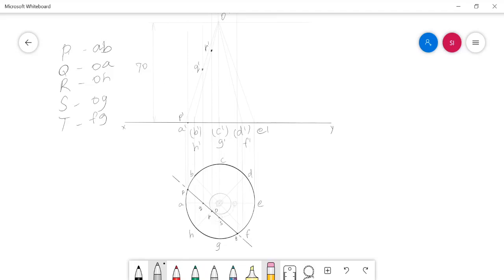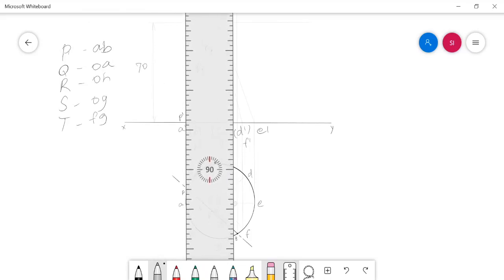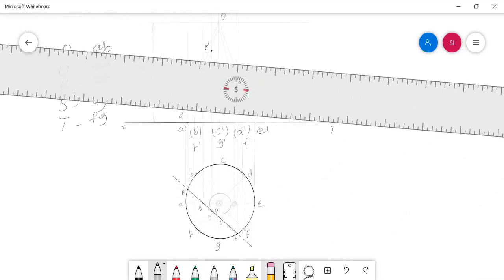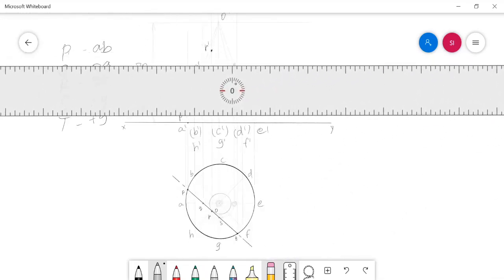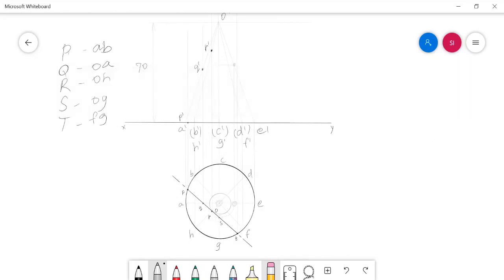So here I am marking a point, and from that draw a line towards the front view and drop the point on the same slant generator, that is O dash E dash. After marking this, draw a horizontal towards the generator OG where we need to mark the point. In this way, we can mark the point S on the OG generator.